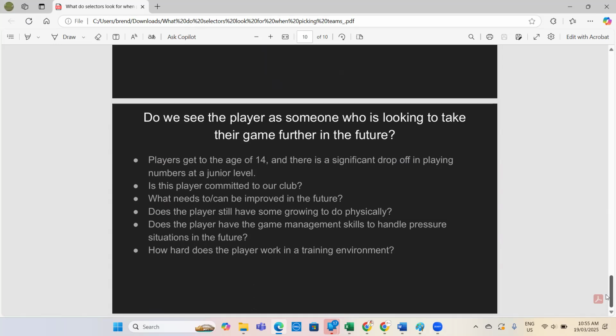Sometimes that is referring to someone's technical skills. We feel like they've got a higher ceiling. We feel like, for example, the kid is a fast bowler, but they're quite short and they're 14, 15. We feel like, okay, they're going to have a growth spurt at some point, and it's going to lead them to being a very different bowler to what they are now. So it's worth investing in them. As well, we look at players who are, again, versatile, work really hard in a training environment and handle pressure situations. So all these types of things,